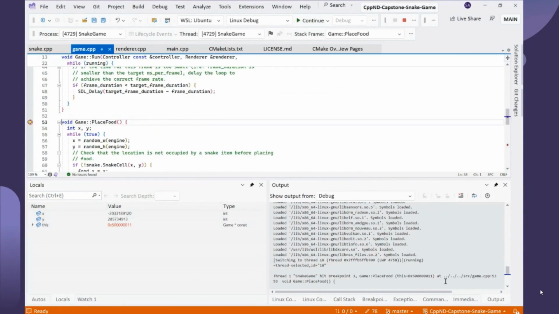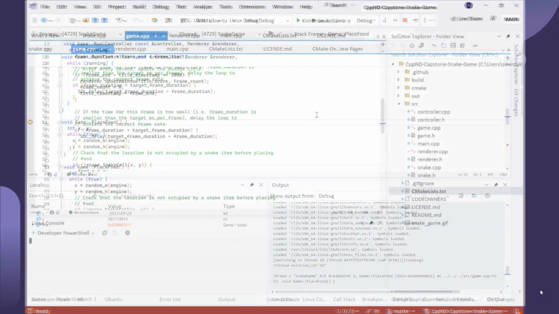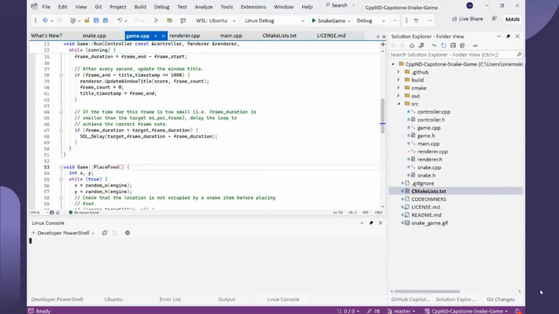So you're able to view a lot of different things and incorporate these into your debugging workflows. But if you have this WSL machine, you may need to have an SSH integrated experience with a terminal. And so this is where the integrated terminal comes in handy in Visual Studio. What the integrated terminal allows you to do is have an SSH interactive terminal in Visual Studio, and you're able